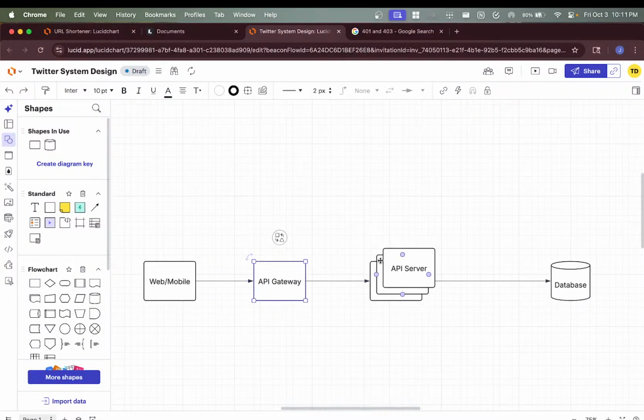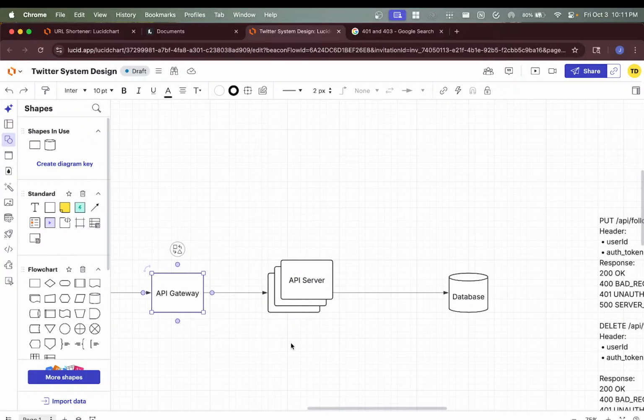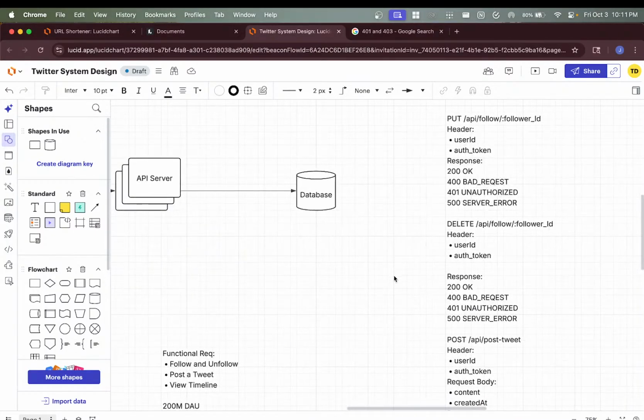You can scale this as much as you want. Let's say you have a big budget for this application, and you can spin up hundreds of servers and still serve all of these things. But through observability, you find out